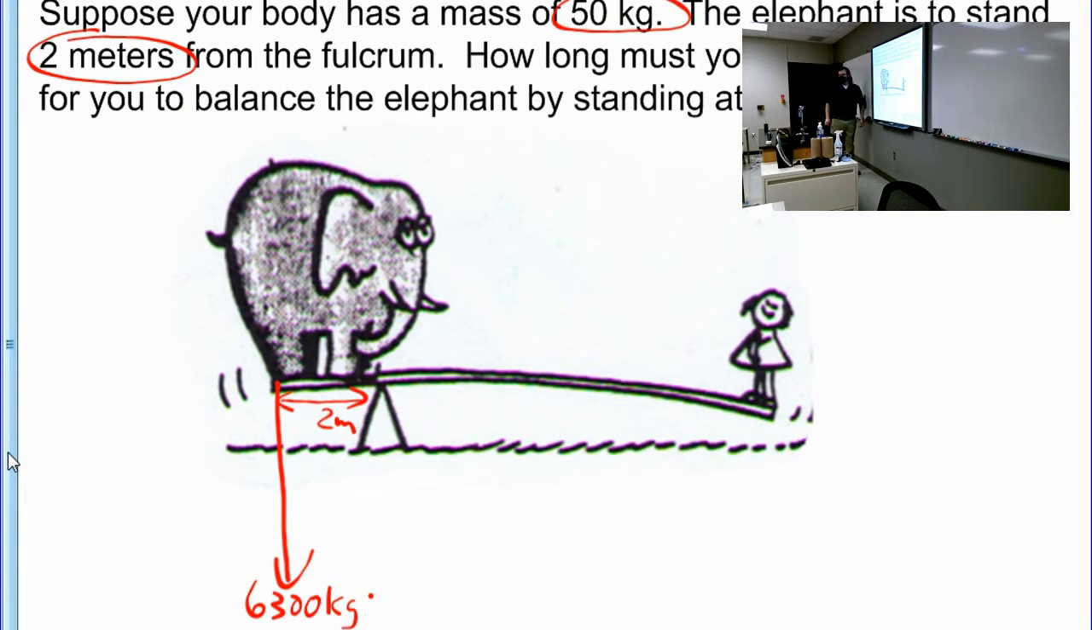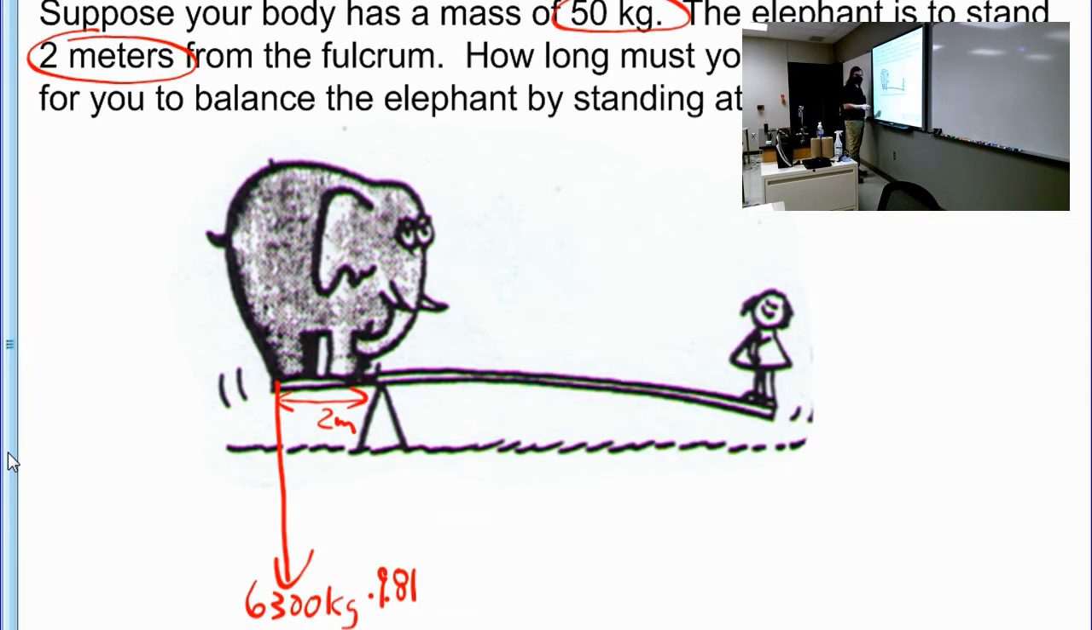But it doesn't. We don't want to label the masses at their locations. We want to label their forces. So, what force is the elephant providing to the teeter-totter seesaw? What do we have to do to that mass? Multiply by gravity. Yes, multiply by gravity. We're going to multiply that one by gravity, so that way we get the force at that point, the weight